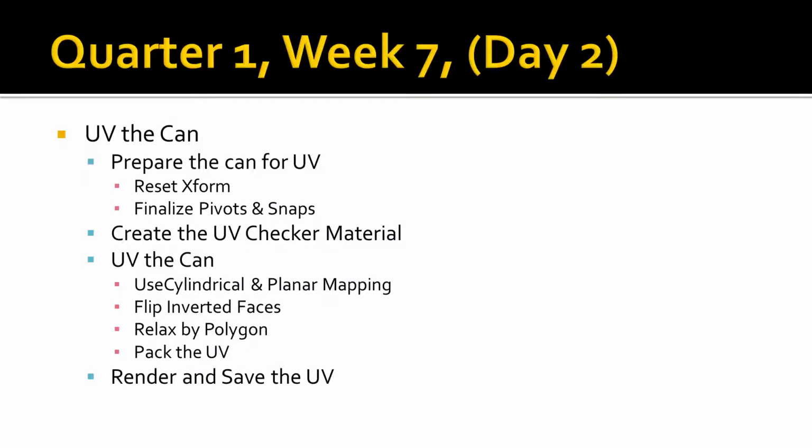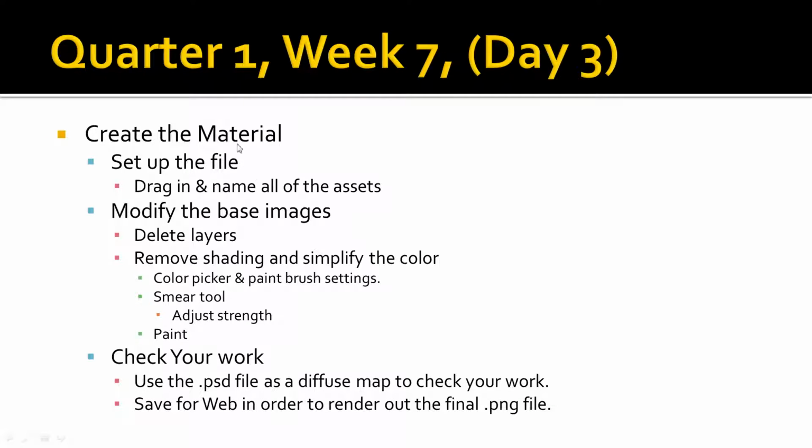On Day 2 we UV'd the can, and we should have actually gone and created the UV checker material, and we then UV'd the can and then rendered out and saved the UV. Today we're going to create the material. So we got to set up the file, drag all the assets, modify the base images, delete layers, remove shading, and simplify the color. And then finally we'll check our work, and then we'll actually render out as a FBX